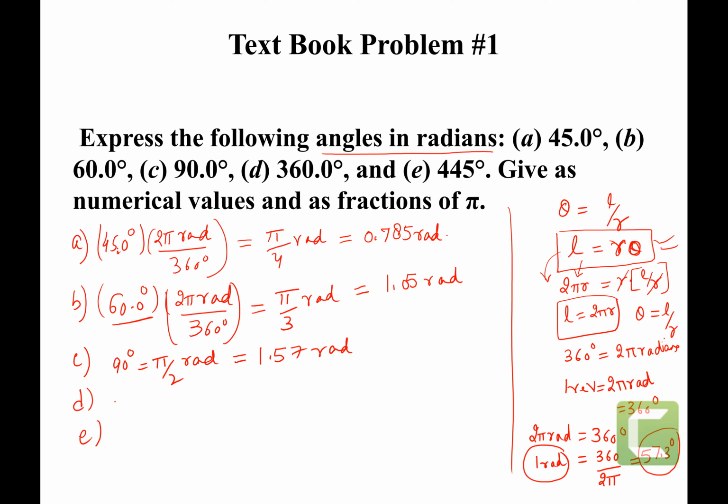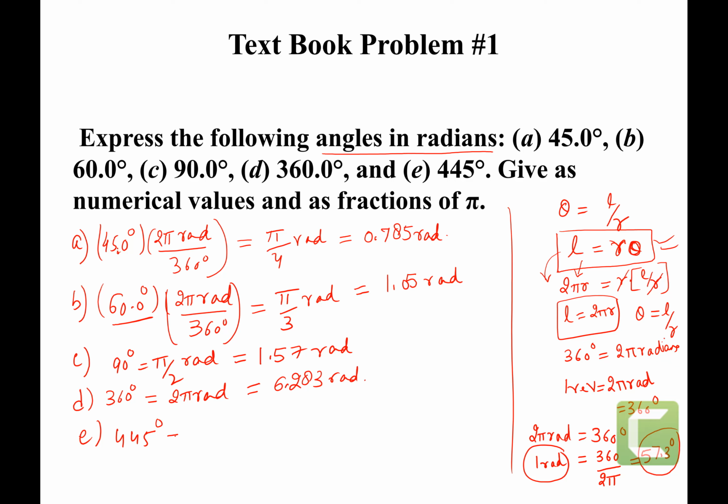radians. And similarly, what about part D, which is 360 degrees, will be 2 pi radians because it's simple. 360 degrees is equivalent to 2 pi radians because we already use this. That is nothing but 6.283 radians, which is the maximum of all. And similarly for